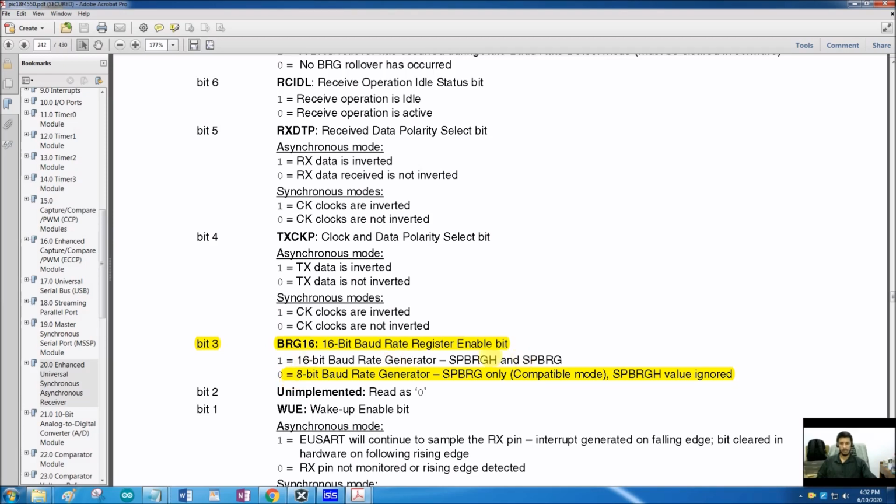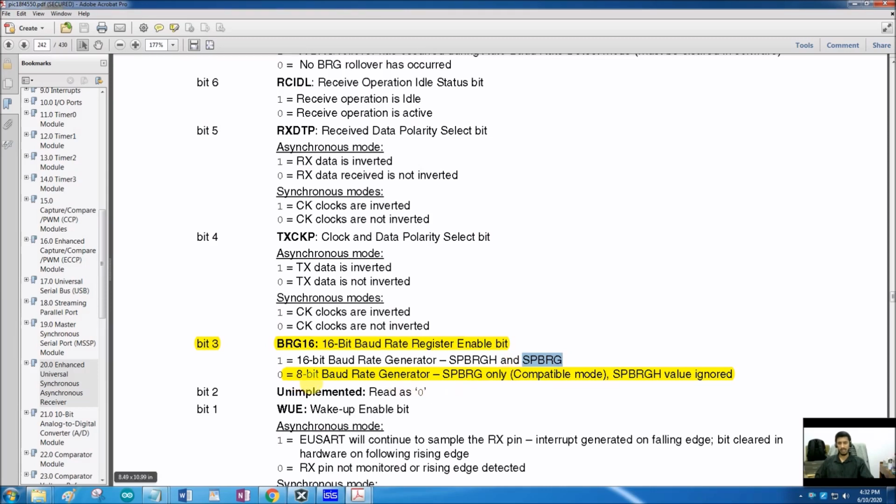For a 16-bit baud rate generator, we have to use 2 registers. We all know that one register is only of 8-bit size. So for a 16-bit register, there have to be 2 registers concatenated to form a pseudo 16-bit register, just like shown here, SPBRGH and SPBRG. So these 2 registers combine to form a 16-bit register in that case.